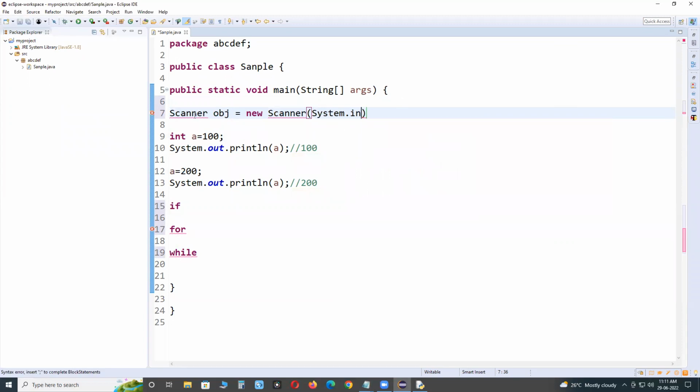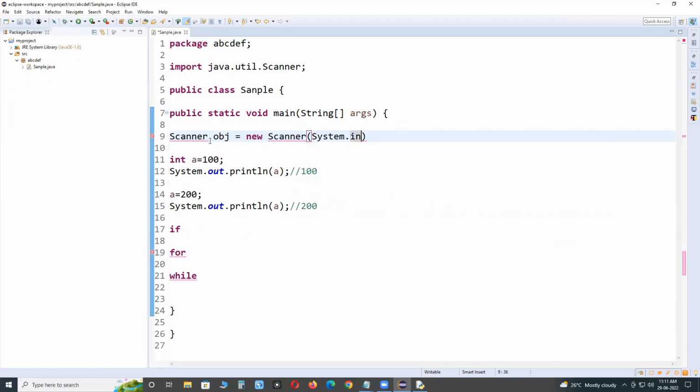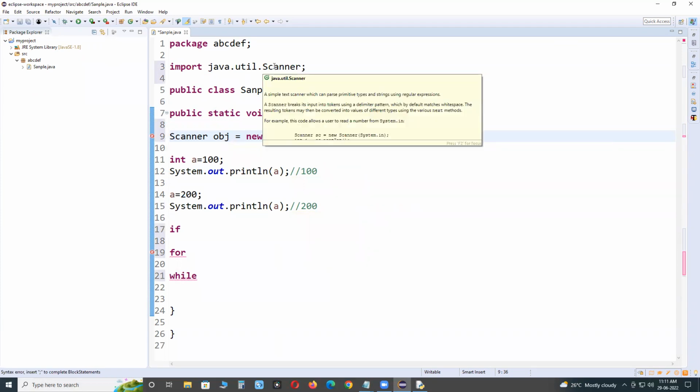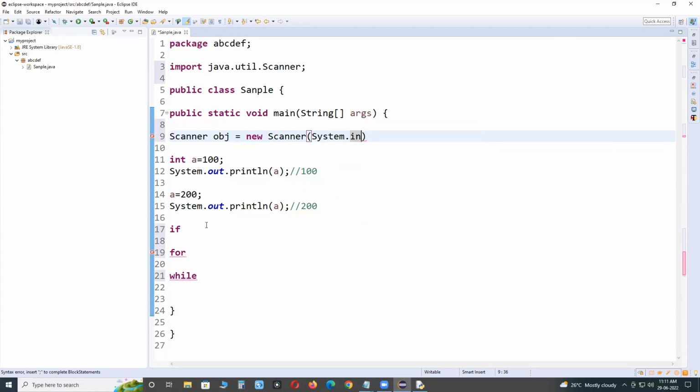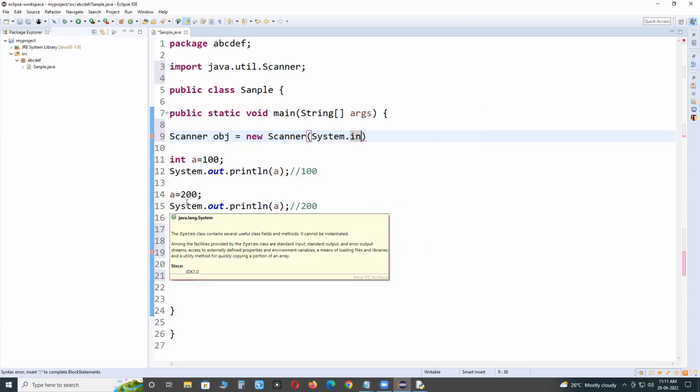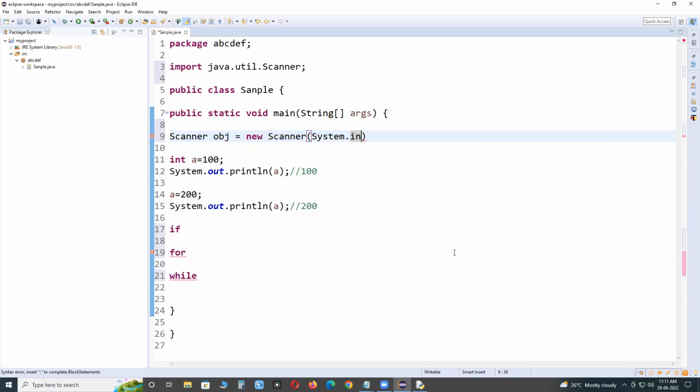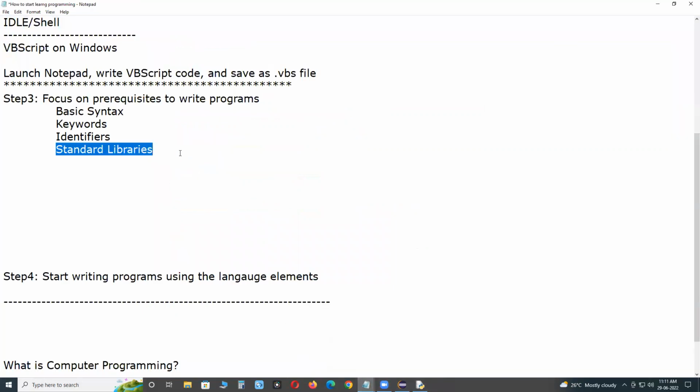It is not built in with the compiler, so import. Now you can use Scanner. The Scanner is a predefined library. System is a predefined library. Okay, these four things are important. Focus on the prerequisites to write programs: basic syntax, keywords, identifiers, standard libraries.